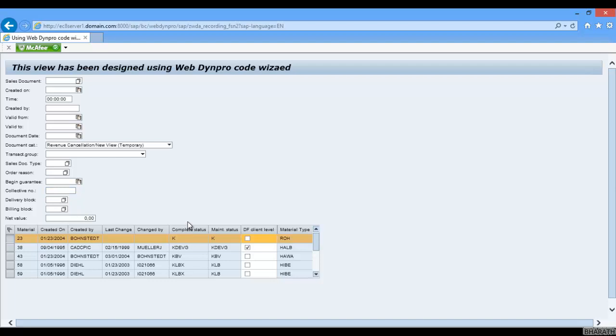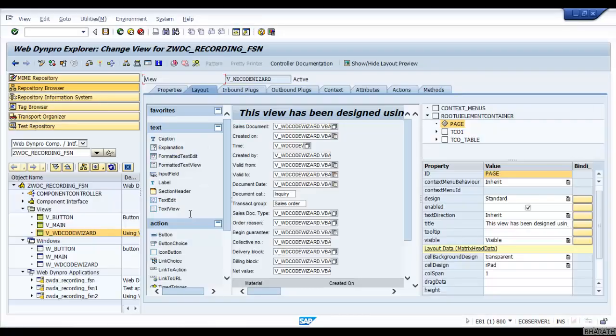Supply function can be used to populate the default values in the UI elements. Another important interview question is what is supply function? Supply function can be used to populate the default values in UI elements or context node. If the data is there in the context node, then that will automatically be displayed in the UI element where the context binding is done.